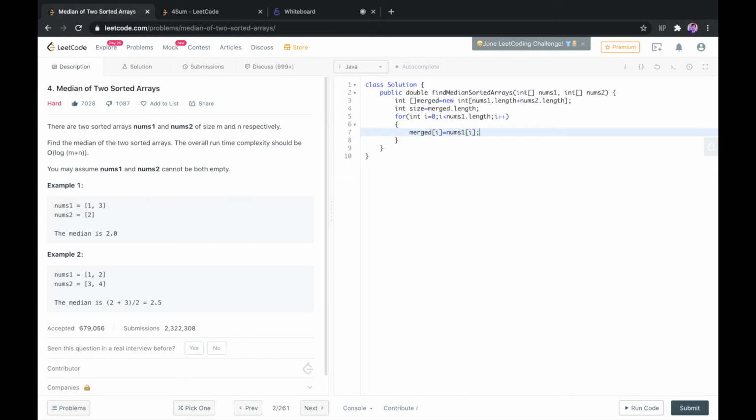So what we have done in this case is directly transfer the elements of nums1 into the merged array with the same index positions. Because there are no elements inside the merged array yet, we can directly transfer the elements from nums1 to merged.